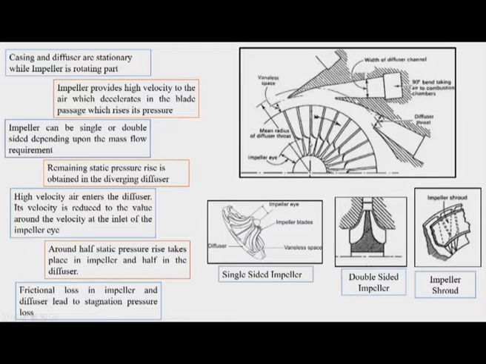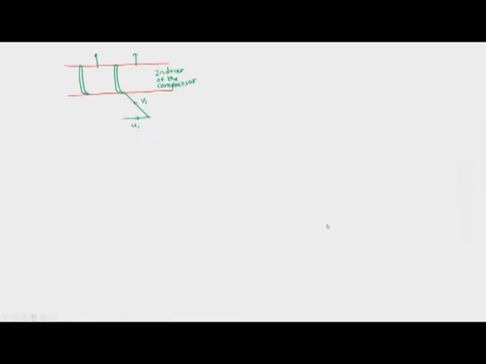The plane in which we are drawing this velocity triangle is the tangential, rather horizontal, plane which passes through the inducer at mid height of the inducer. So this is where we are trying to plot this velocity triangle. That's where we say U is the tangential velocity. But since we are not having any inlet guide vane, we expect that the flow will come axially. So C1 is equal to CA1. This is what the velocity triangle would look like.